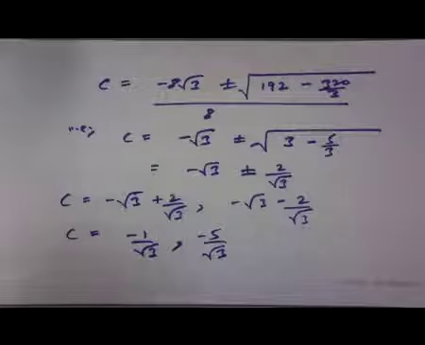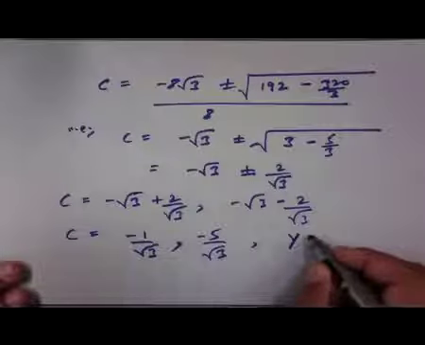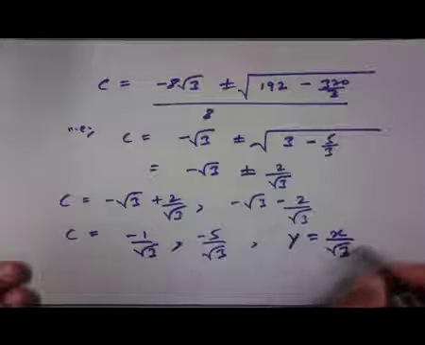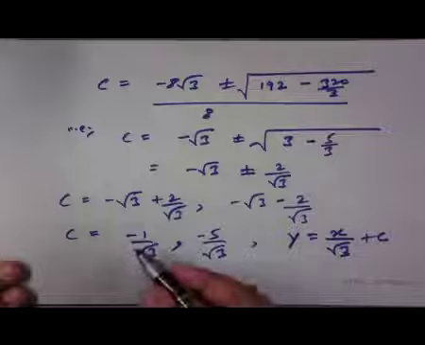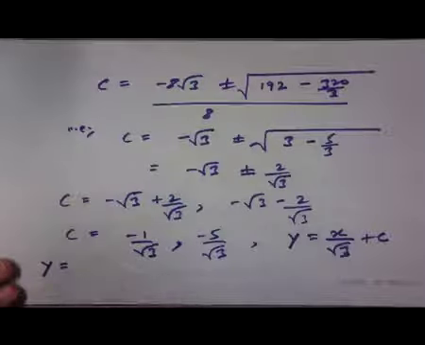So, these are the two values that we get for c, and then let us put these values back into the equation of L. The equation of the straight line L was y equal to x by root 3 plus c. So, for the first case where c is minus 1 by root 3, the equation of the line L becomes